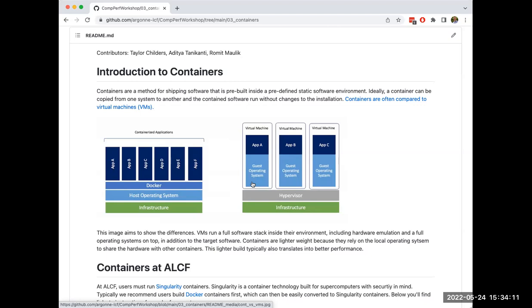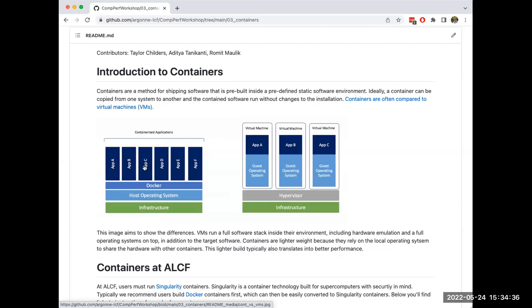So it's a full ground-up implementation of the operating system, and even some of the hardware is being virtualized as software in these images here, and so a virtual machine can be a little less performant because of all of that,